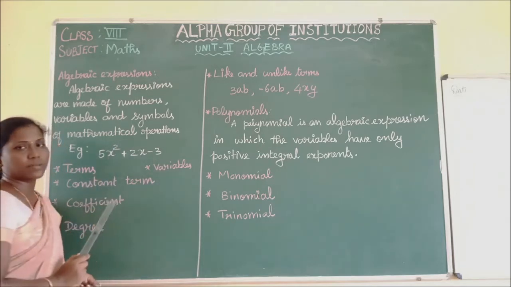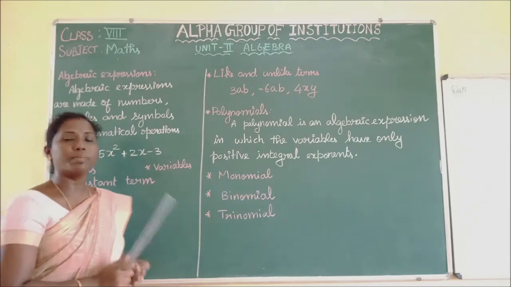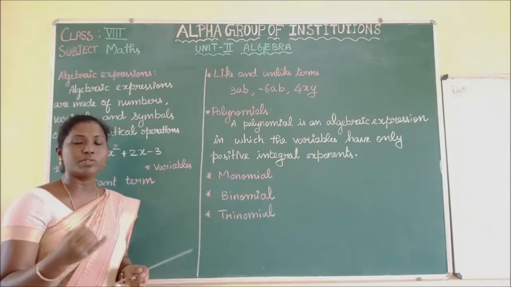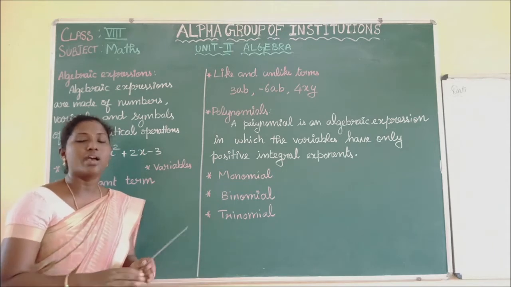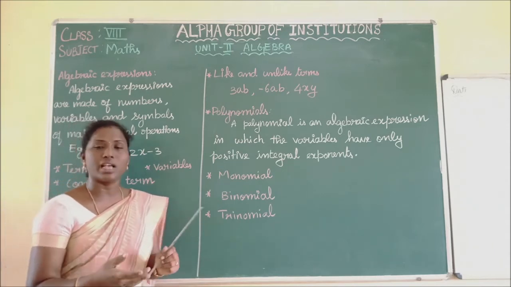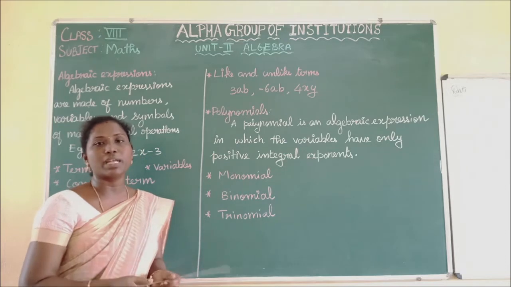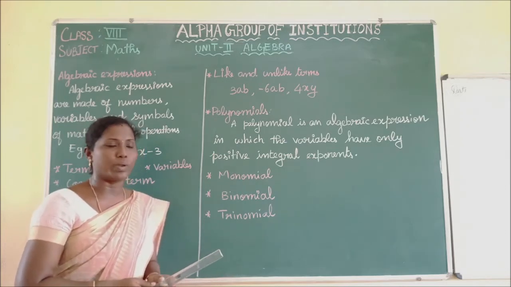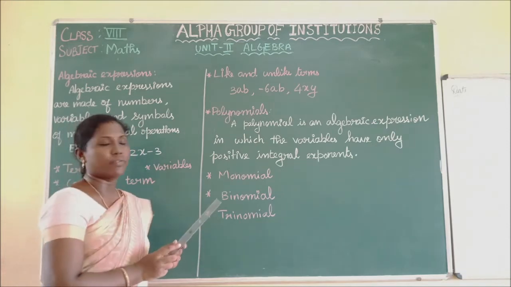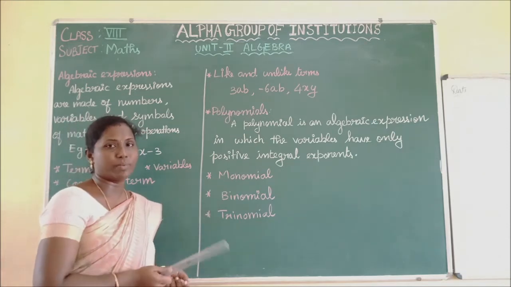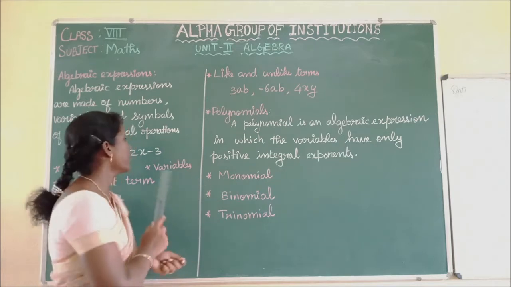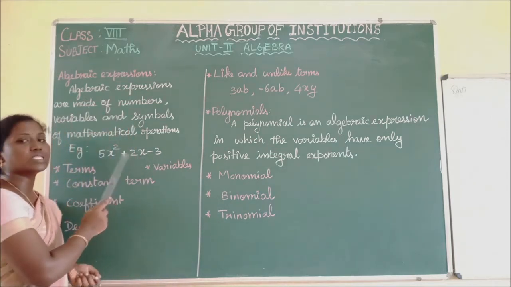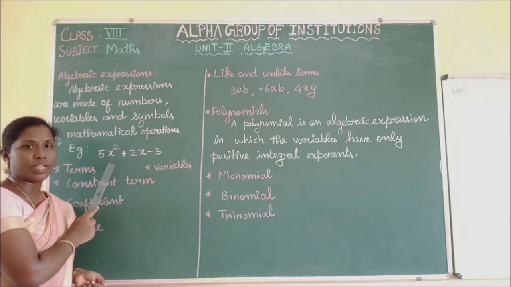And variables. Variables usually will be the English alphabet. Familiarly in algebra we will use the alphabets x and y. Apart from x and y we can use any alphabet, but most mathematicians use x and y as the variable to solve the problem. What is the special thing about the variables? First, it will be an alphabetic letter. So in this expression, what is the alphabetic letter we used here? x. So x is called the variable of this algebraic expression.